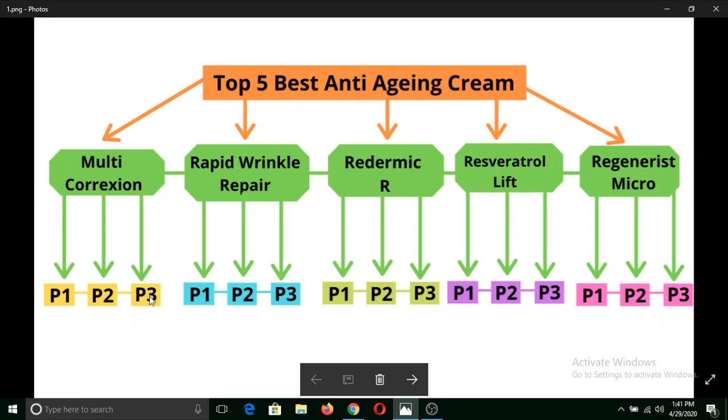Similarly, you need to give a reverse link also from here to here, then there to there, and from here to here, and from here to here. Similarly, from here to here and here to here. Similarly, here to here and here to here. Similarly, from here to here and from here to here above. Similarly, from P3, you can give from here to here and here to there.